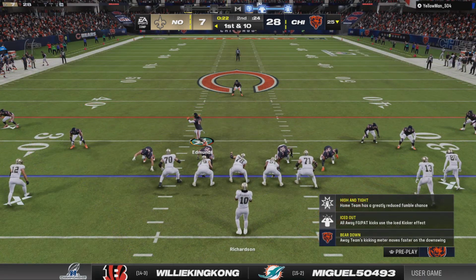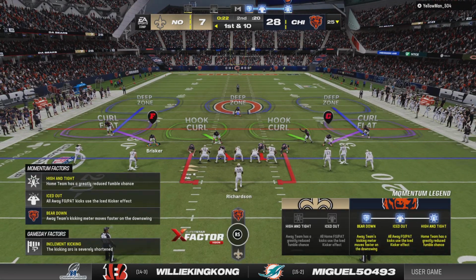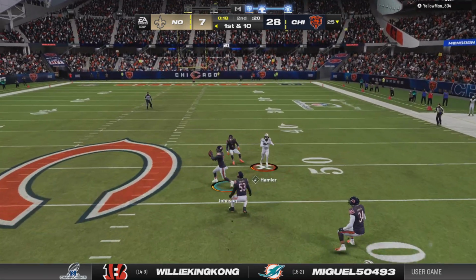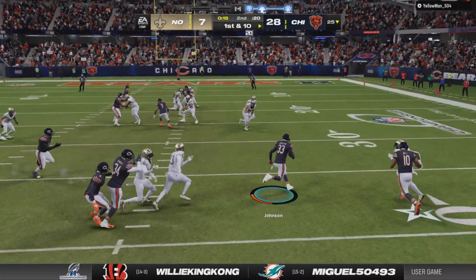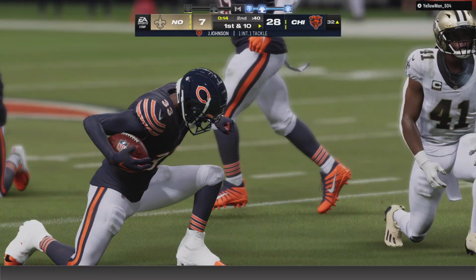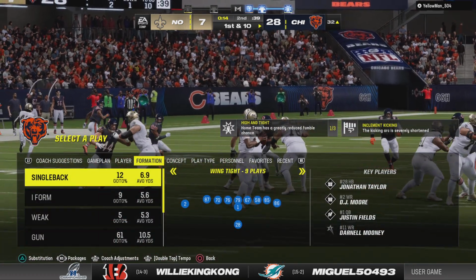The Saints offense on the field, ready to get their drive started. And with time quickly fading here in the 2nd quarter, not sure how aggressively, offensively. Oh, he's intercepted again. It's Richardson's 3rd of the game. Picked up by Jalen Johnson. And he's given his guys a shot for late points